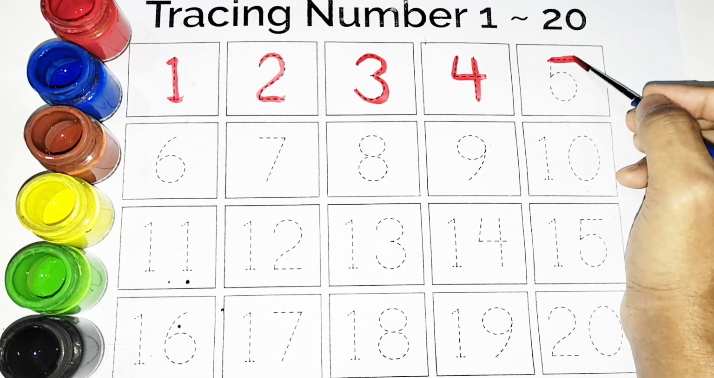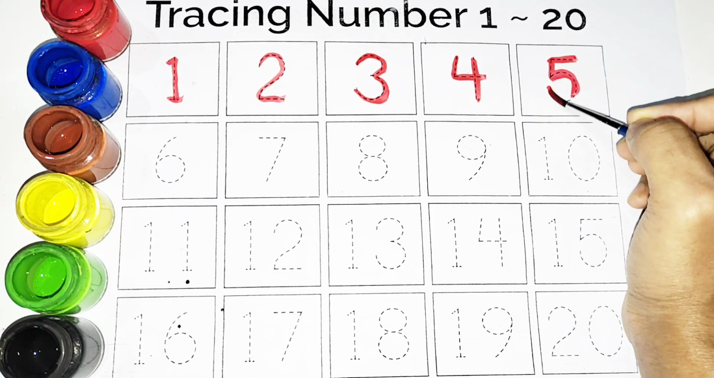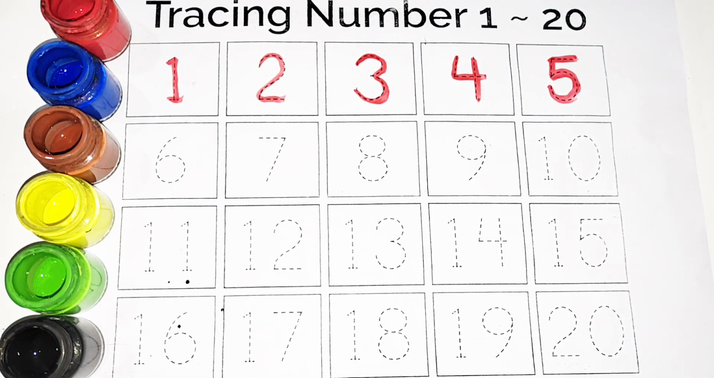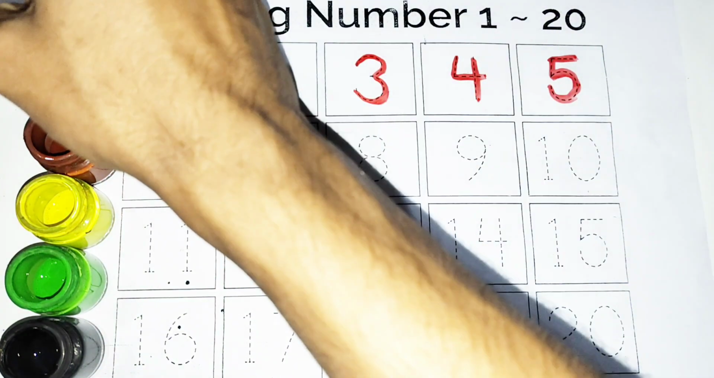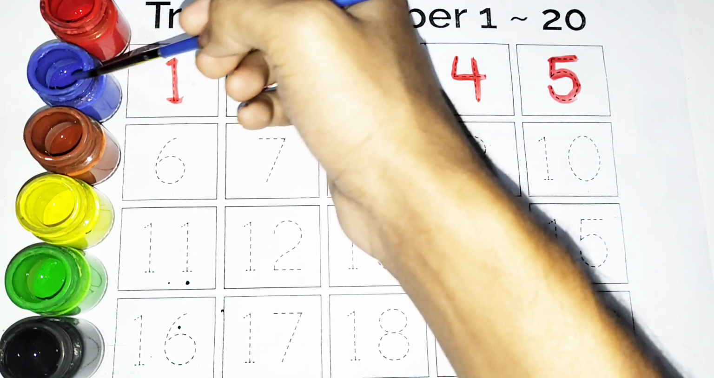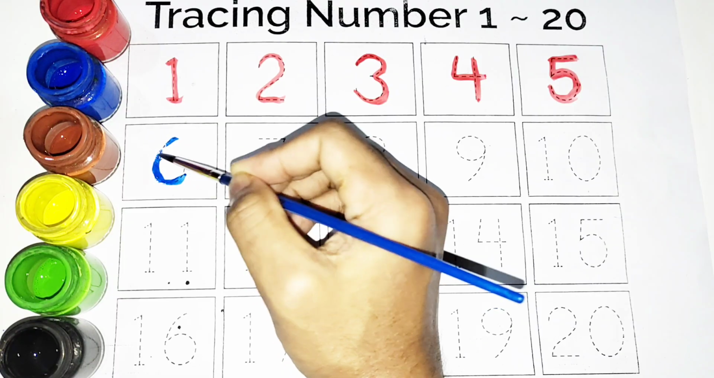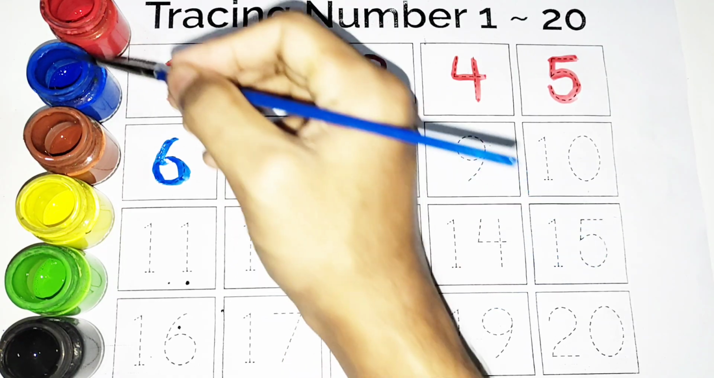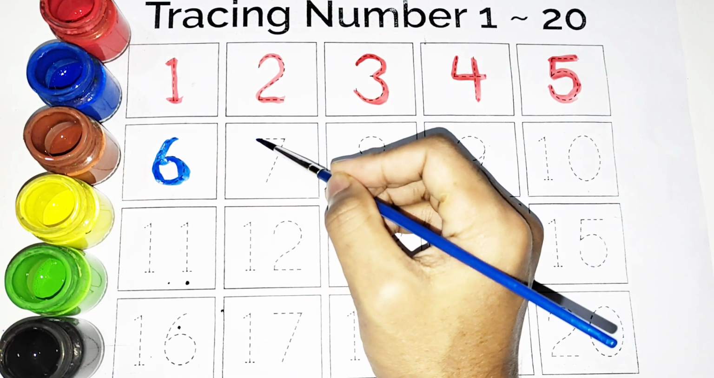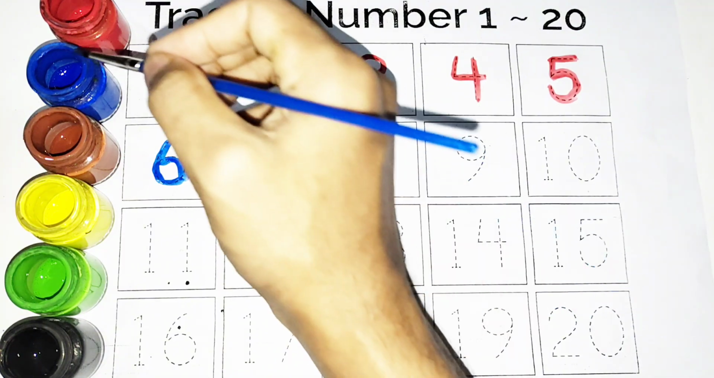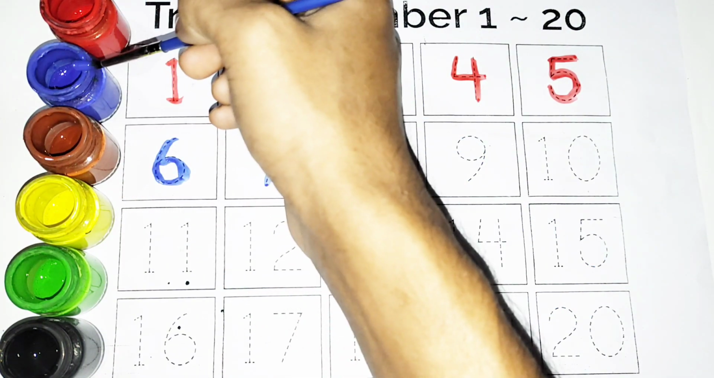And now we draw 5. The number of 5, and the next one is 6. Now we use blue color and draw 6. S-I-X, 6. The next one is 7. S-E-V-E-N, 7. And now we draw